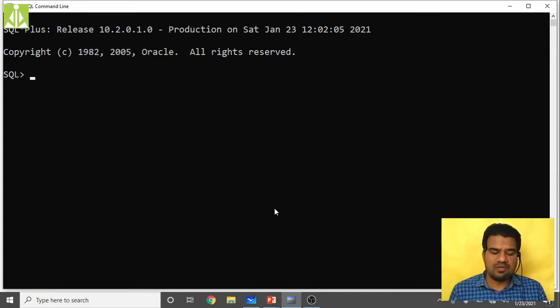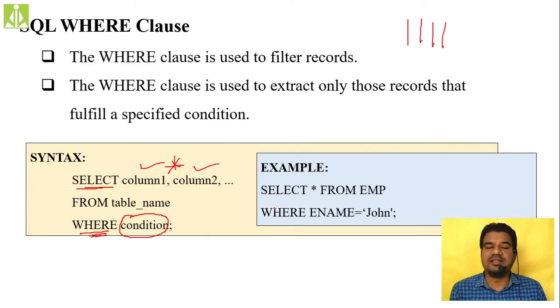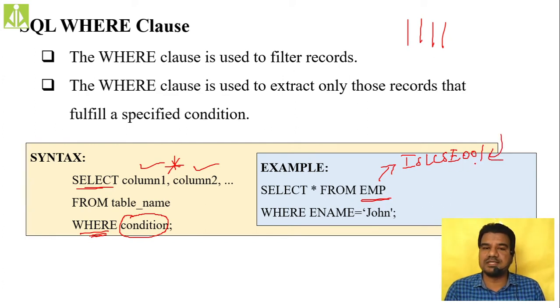Over here, first of all, I have to connect to my user, where I have my tables, where I have my employee table, because whatever command we are about to practice, we have to practice on the employee table. We are practicing this command on the employee table, which is in a particular user with the name ISL CSE001. So first I have to log in to this ISL CSE001, and then I can see this table. On the table, I can apply the retrieval operation as well.